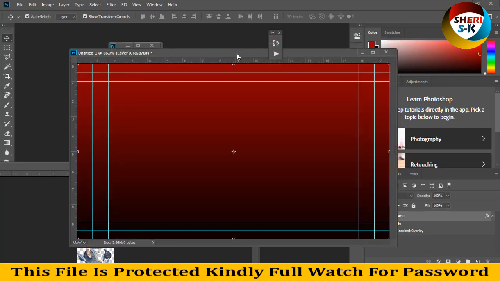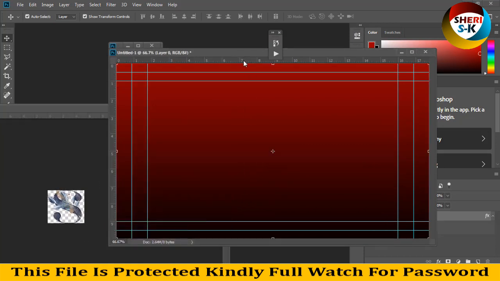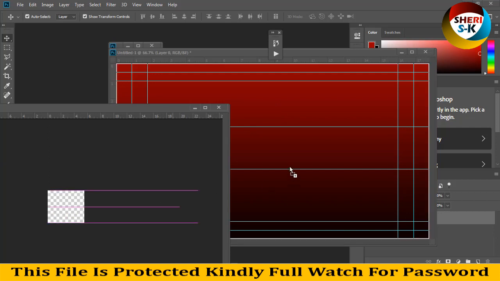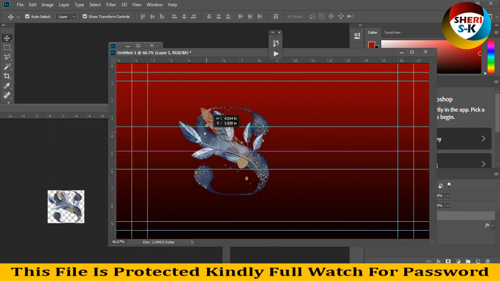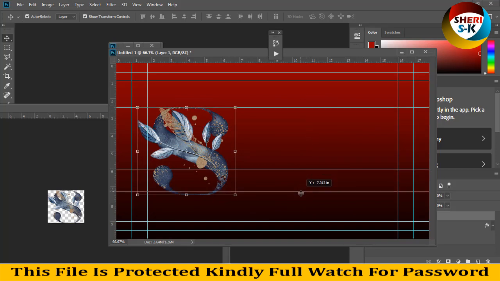Okay, and select margin line for the same duration. Right, drag to Photoshop here and here.